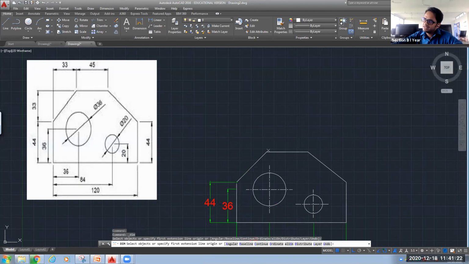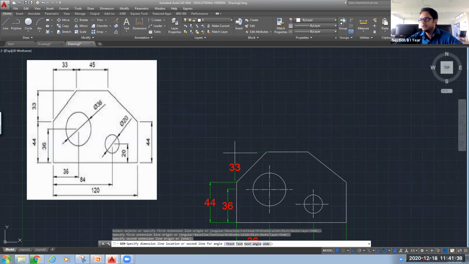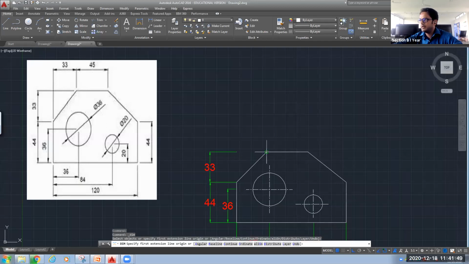Vertical and horizontal dimensions are given. So here you can give this inclined dimension also. There are two methods. Select this corner point, select this corner point, and we know that this is 33. The way it is written there in the figure, I have drawn this 33. In a similar way, for this above 33, you can click on this corner point, and again on this corner point, you will get 33.